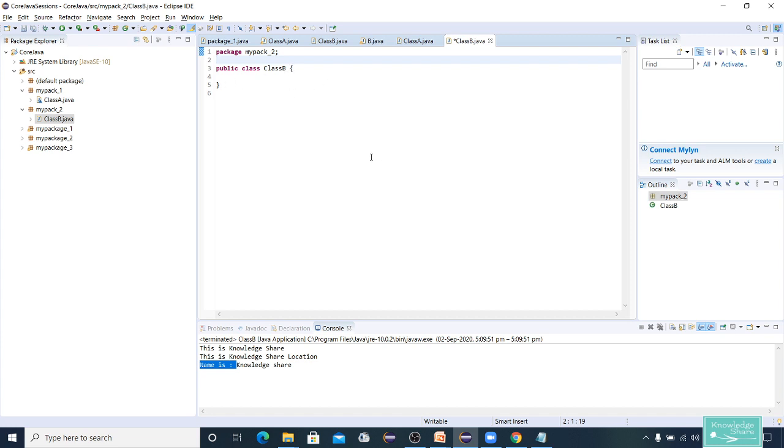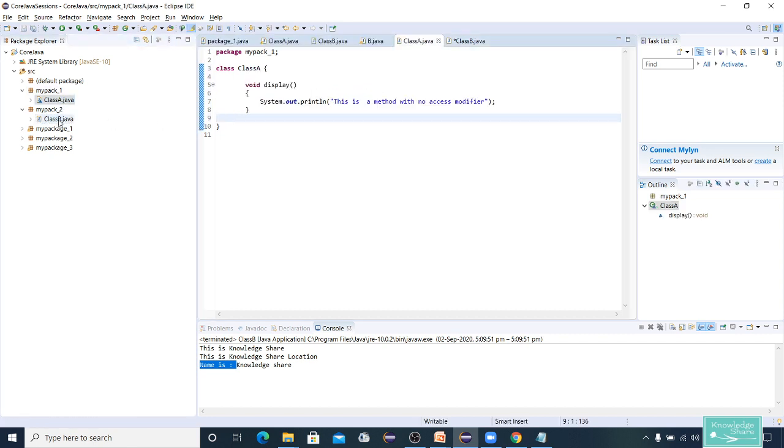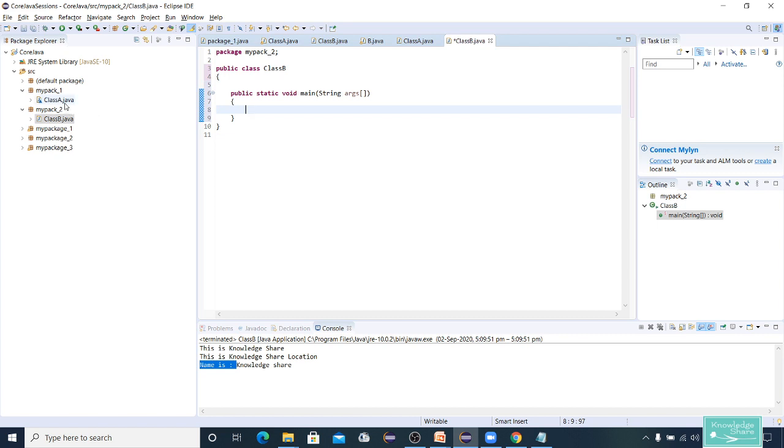In this class I'm going to create a main method, and an instance for class A. I'll call it class A obj is equal to new class A.